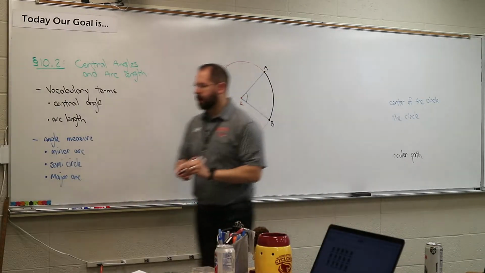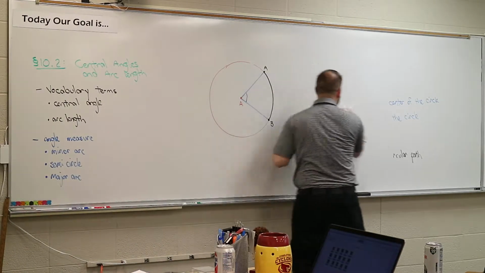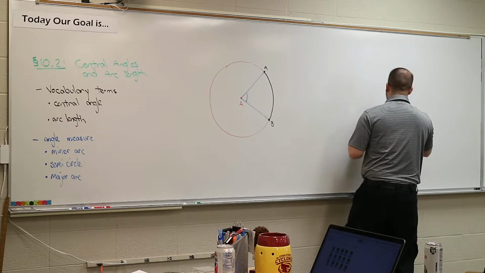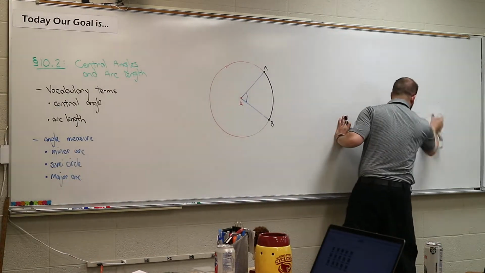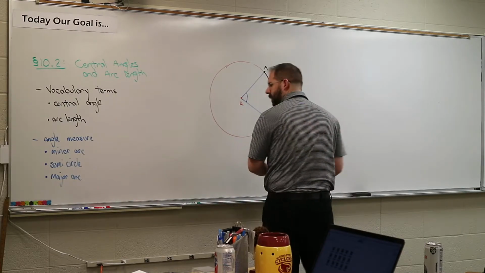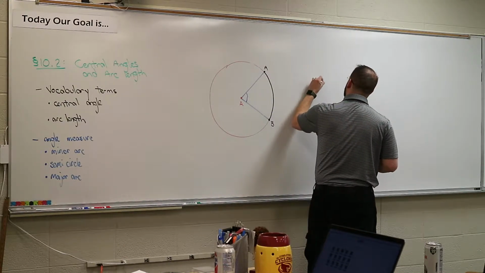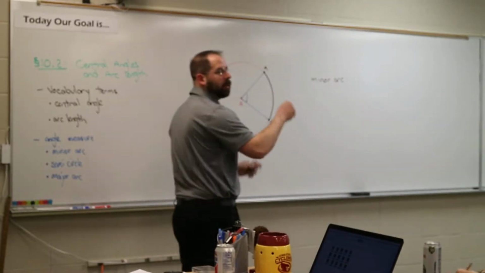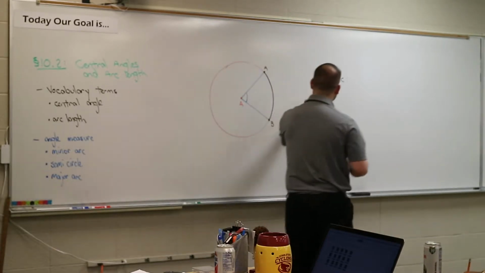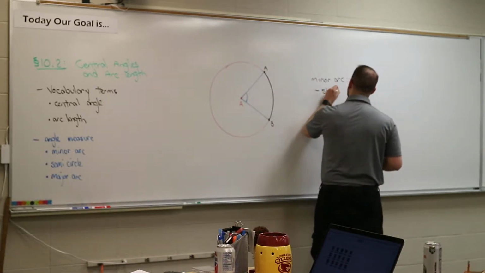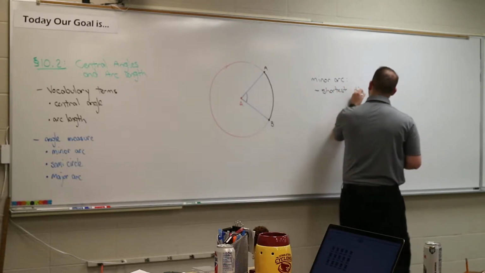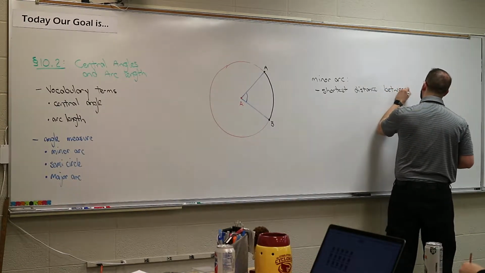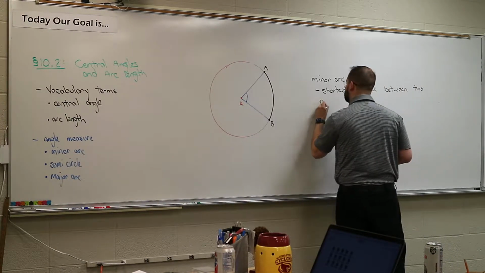So what a minor arc is, and let me get rid of some of these words here. Okay. So minor arc. A minor arc is the shortest distance between any 2 points on a circle. That's what the book says. Is the shortest distance between 2 points